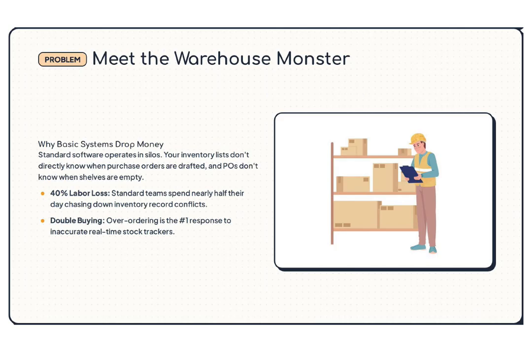It really is. So 40% labor loss, right? That's crazy, because if things are not organized, everything can go haywire, man. So you spend nearly half the day chasing down inventory records, right? And then you have to double buy. Over the ordering is like the first,